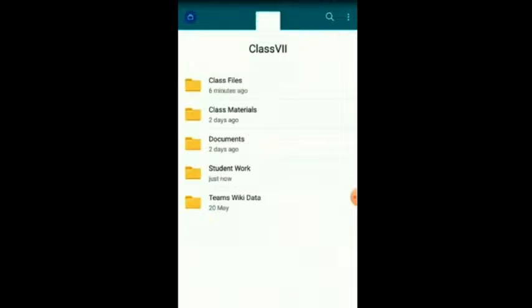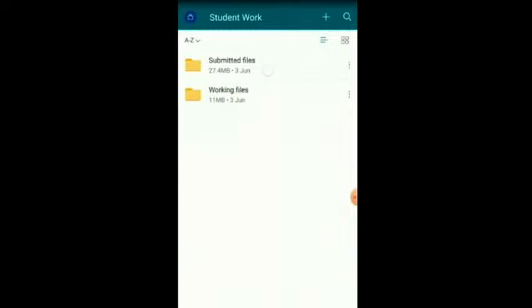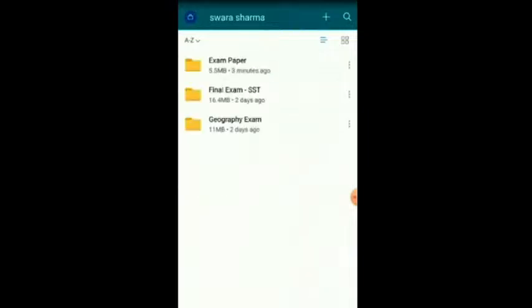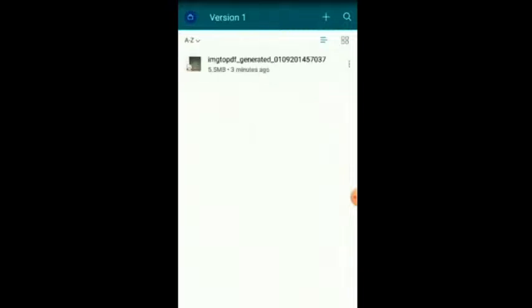So you have to click on student work. Under student work, there are two files, basically two folders. You can click on submit files and you can see who has submitted. So this student has already submitted and you can see the name of the examination paper. So that was the exam paper only. And under version 1, you can click on it and you will see the paper. Now from here, if you click on it, you will see the paper very clearly. And now if you want to check the paper,